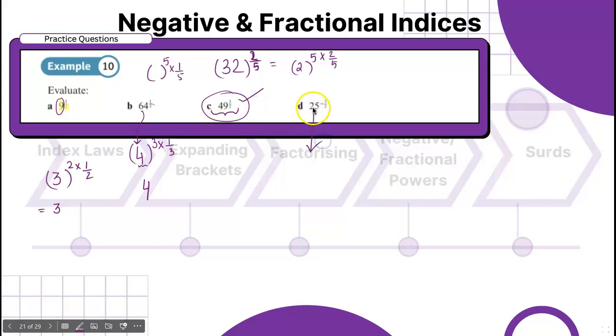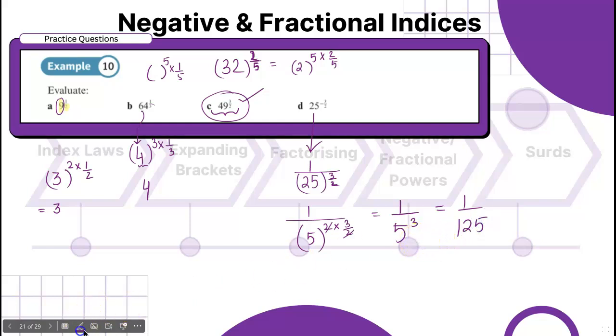I will be coming to the last question, which is negative. So how can we make it positive? Just by writing 1 over 25 to the power 3 halves. The bottom number is 2. So what can we do? 1 over what squares to give you 25? So 5 squared is 25, and here it would be cancelled. You're going to be getting 1 over 5 cubed. That is nothing but 1 over 125.